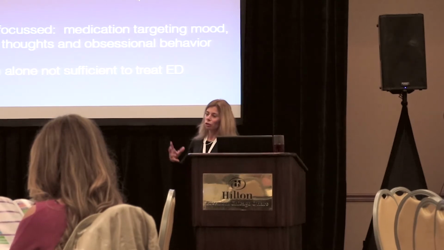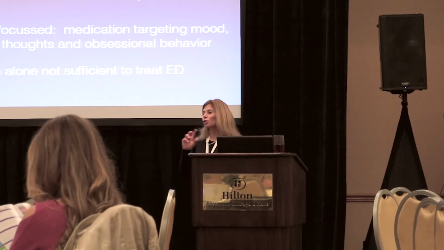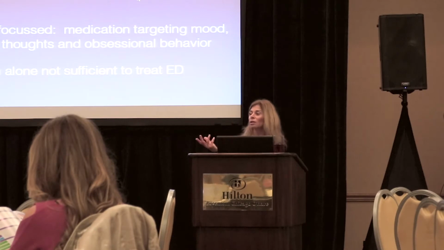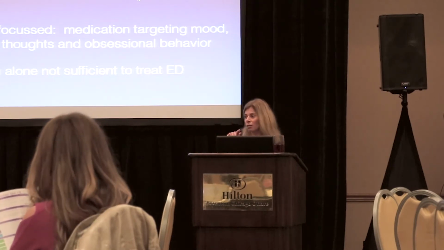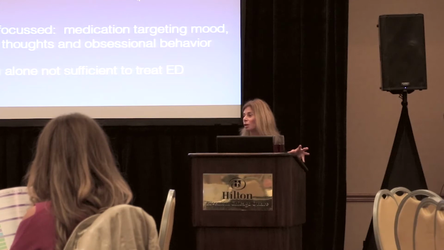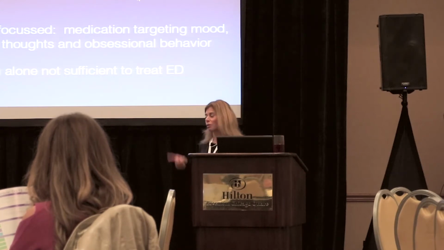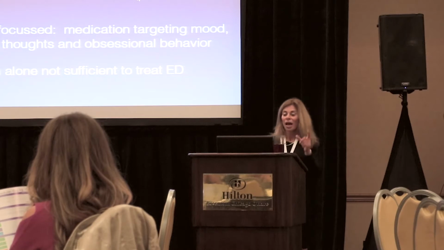When we look at longitudinal studies on the efficacy of medication, usually it is a course between 6 months and 2 years where you'll trial somebody on, let's say, an SSRI, Prozac. And again, they're very specific to the nature of the eating disorder. So you might use Prozac for a patient with bulimia, but you might be able to use Wellbutrin for a patient with anorexia, because Wellbutrin for patients with bulimia could cause seizures. So you've got to be very, very detailed and specific.